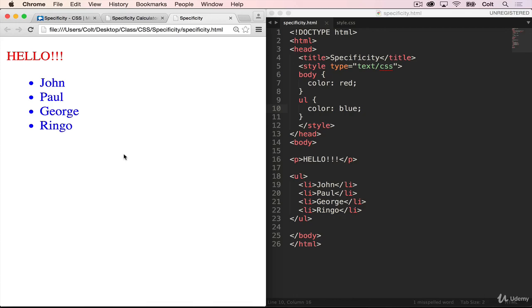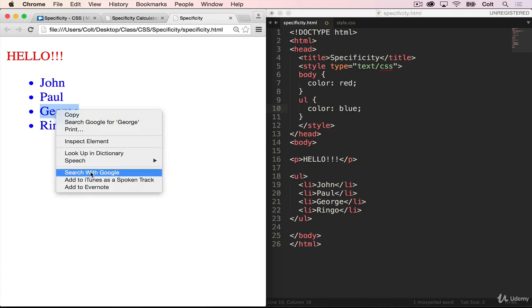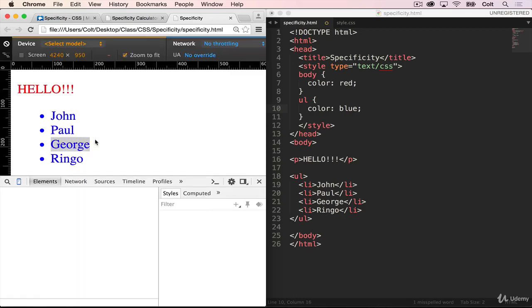So what's happening here is actually demonstrating this idea of specificity in CSS. So we have multiple styles that could be impacting this same LI. It could be red, and it starts out as red, and then we're turning it blue because all ULs are supposed to be blue. So if we go ahead and inspect one of these elements,